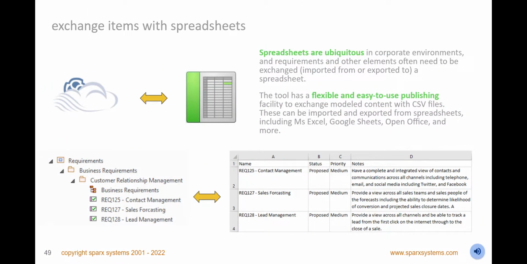Exchange requirements, capabilities, building blocks, application components, risks, and other elements with spreadsheets using the CSV Exchange utility. Save time and effort by importing existing definitions from spreadsheets, including inbuilt properties such as type, status, and priority, or user-defined properties such as business owner or criticality. Create and reuse your specifications for both import and export of modeling information.